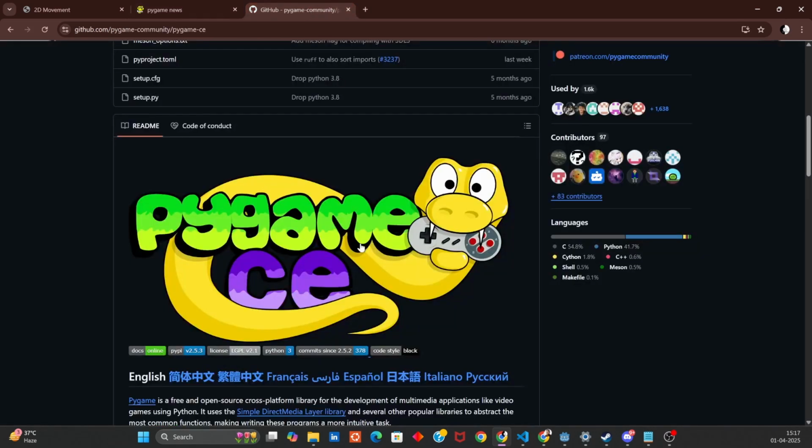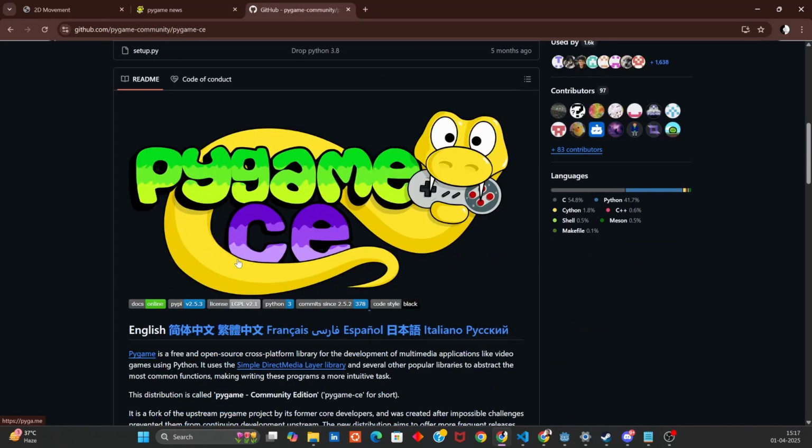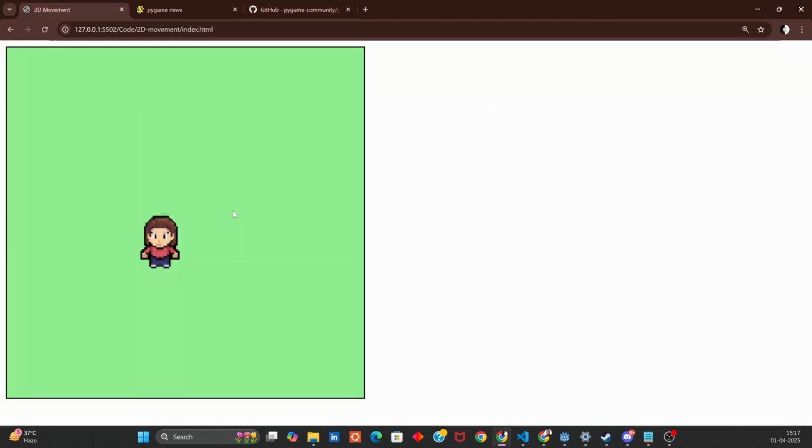Now, you can also check out the GitHub, and Pygame also has something called Pygame CE or Community Edition, which is basically a fork of the main repo. And there are a lot more repos created for several purposes. Now, let's go back to our VS Code and see how we can create this simple RPG character using